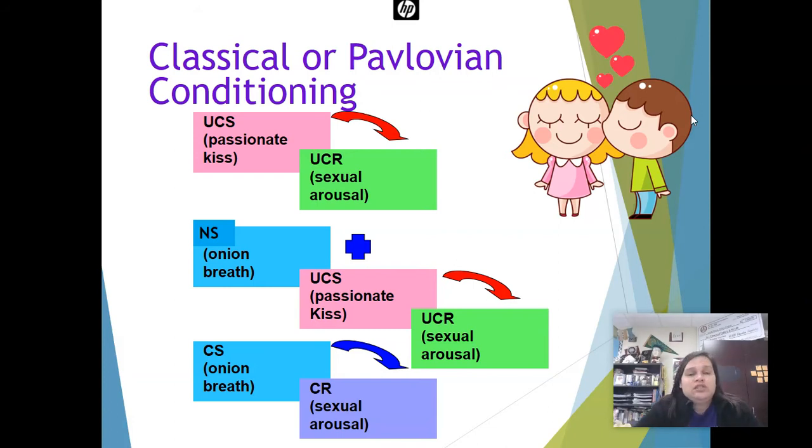Now, if we wanted to use stimulus generalization, we could say that maybe they ate onion rings from Burger King and then they made out. And then they also ate onion rings from Sonic and then they made out. And onion rings from various places, and then they made out. And then that conditioning would be that basically onion rings from anywhere could trigger arousal. Now, if they only made out after eating onion rings from Sonic, then that would be discrimination.